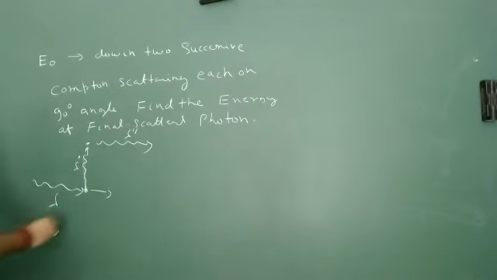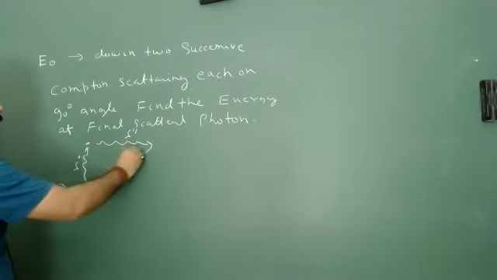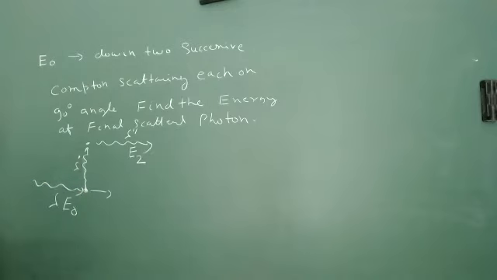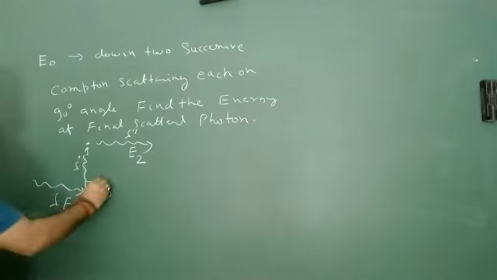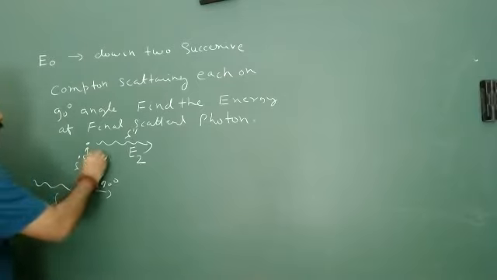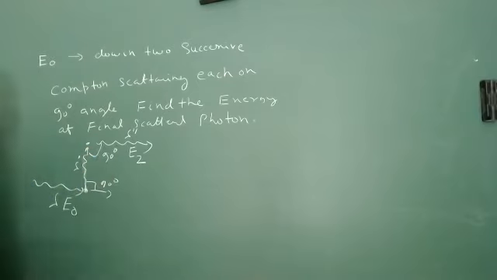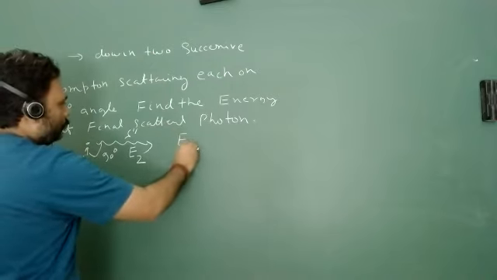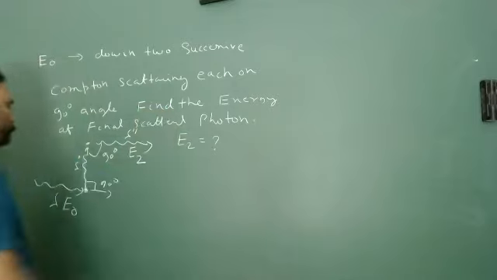So what is given? The energy of the given incoming wavelength is E naught. What you have to do is find the energy of this one. Let's say its energy is E2. Every time you have 90-degree; maybe in the second it can be 60-degree, it can be another, but I am just using 90-degree for simplicity. In the examination, I will give you different data. So you have to just find what will be E2.